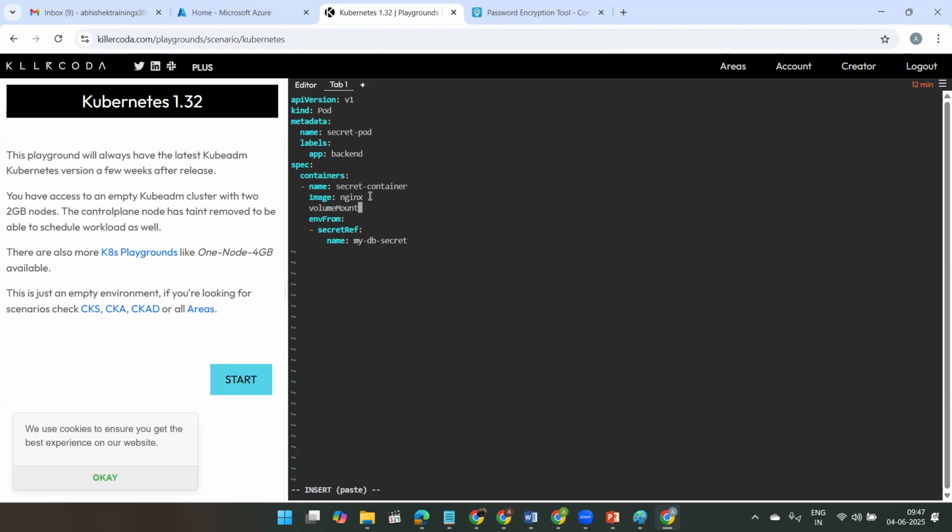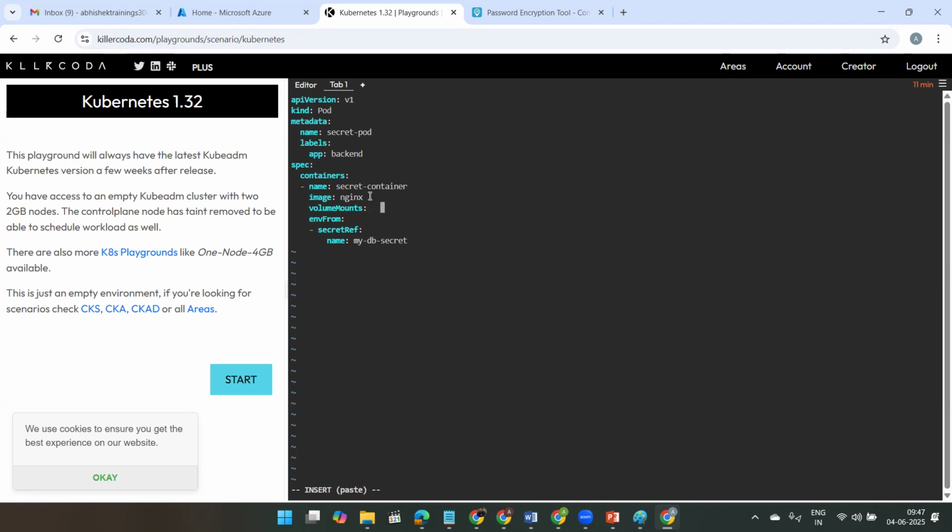Volume mounts are the path where we can keep that secret file. Unless you mount that particular volume in the pod, the secret will not be visible, or that file cannot be read by someone. So if you use volume mounts here, that is the location in the pod basically. So I'll write volumeMounts,